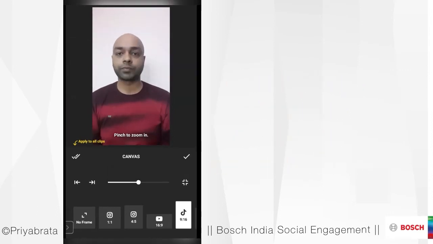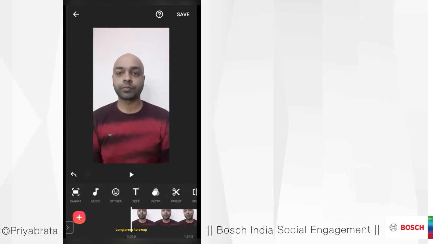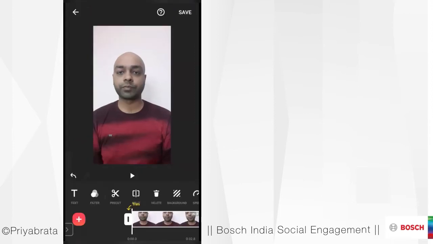Since there are multiple clips here, any changes I make to the canvas, it will ask whether to apply to this particular clip only with the tick mark on the right, or to apply to all clips with the double tick mark on the left. So this is where the canvas is used. Otherwise, you would not really be using the canvas feature that much unless you want to resize or reframe your videos.